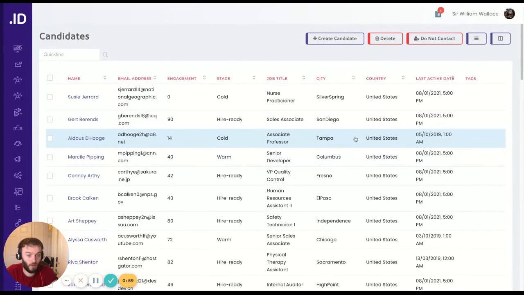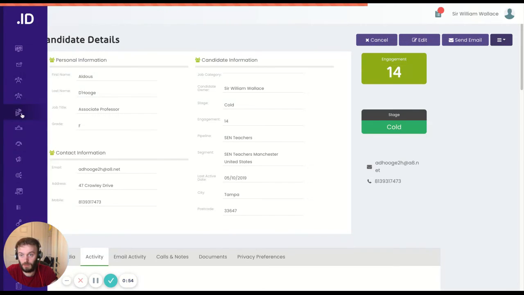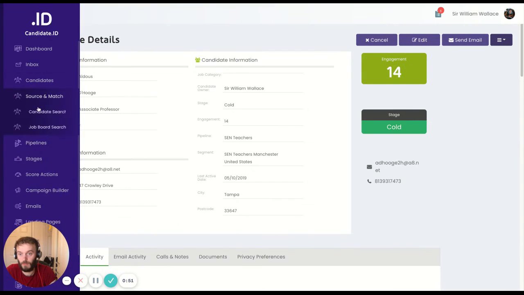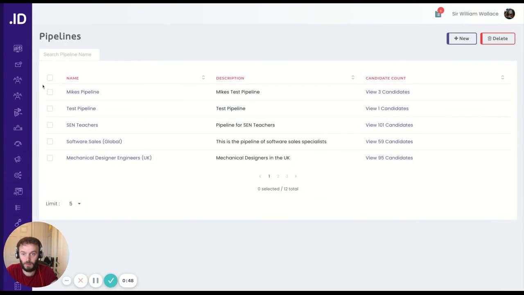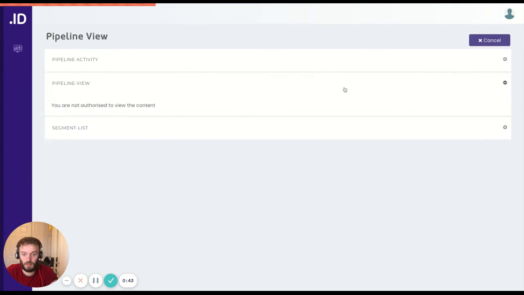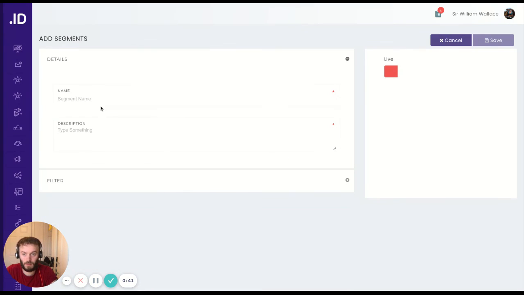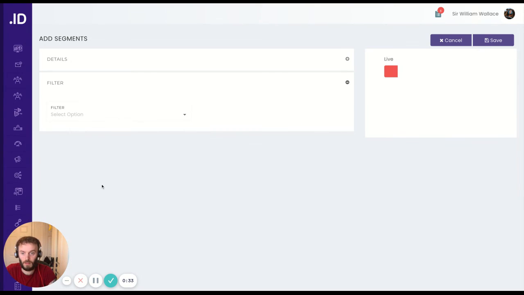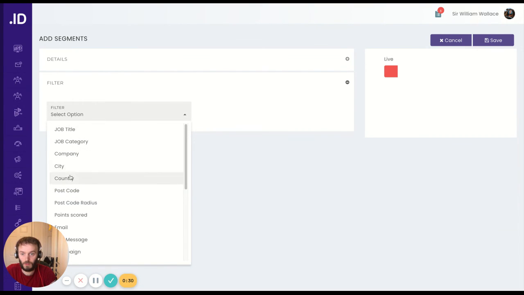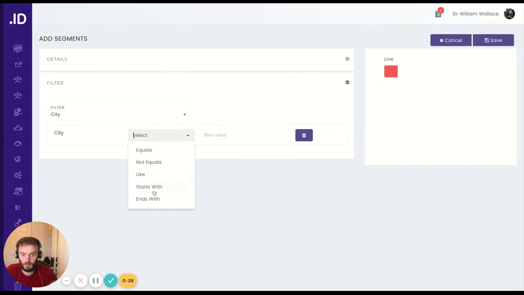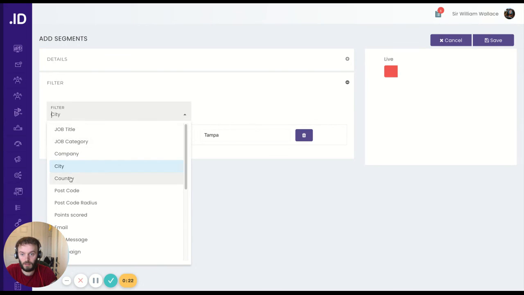You can also get a lot more granular with this. So if we go with Tampa, back to pipelines, SEN teachers, create a new segment, Tampa, US. So go for city, like Tampa, and country,